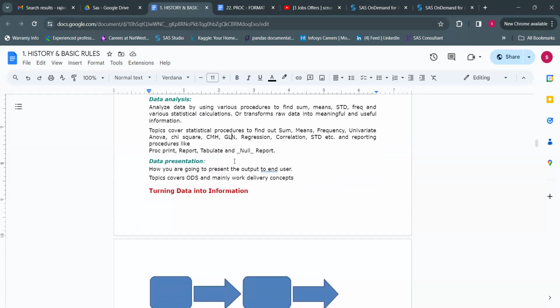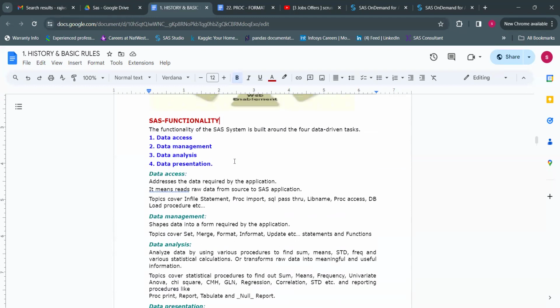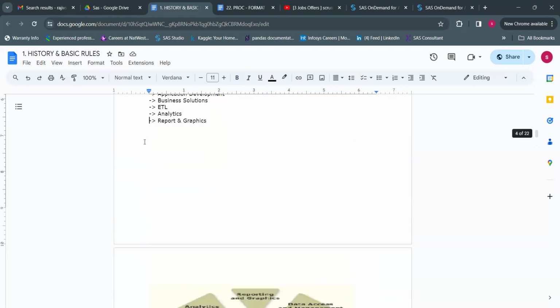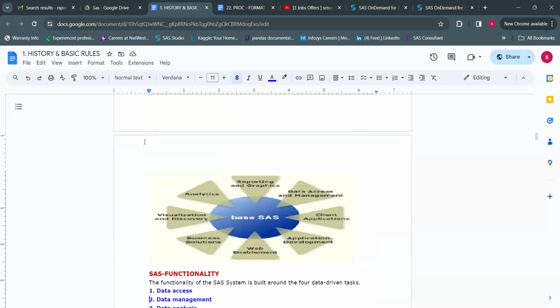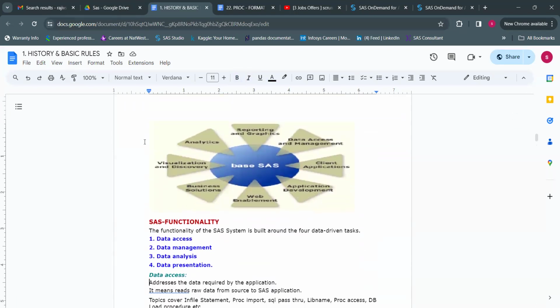So this is precisely what SAS is. These four are the main uses; apart from this, these four will cover everything. Take it as clinical SAS, basic analysis, or minimum machine learning. These four are the topics where SAS is covered. Whether it is machine learning, clinical SAS, banking SAS, or any other domain,